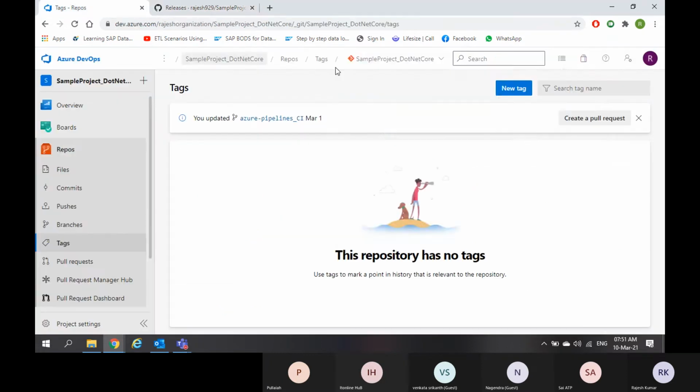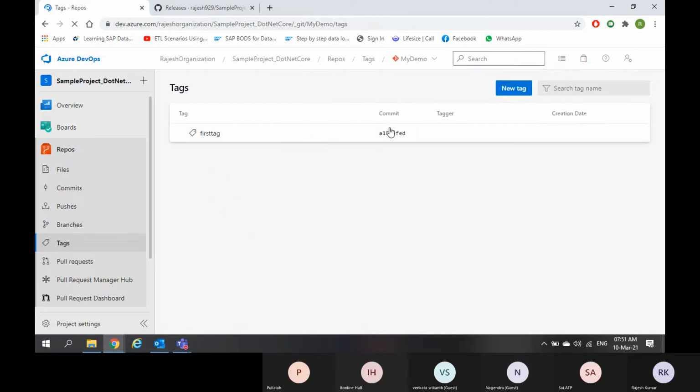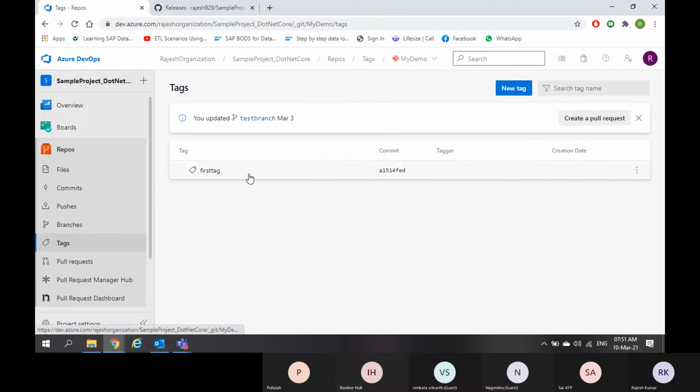Now let me see any other repository I have. Yeah, so here I have a tag, first tag. And this tag was created in this commit. Commit is nothing but a save operation. That means you created a tag and you saved this.